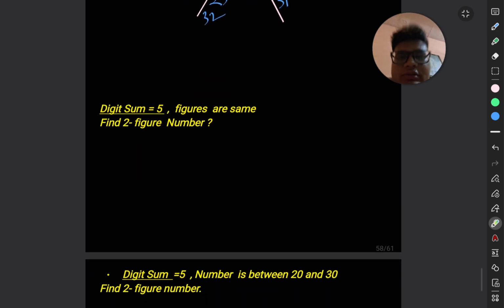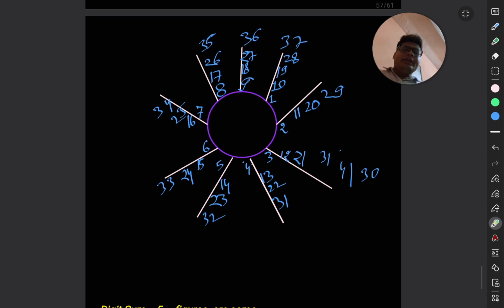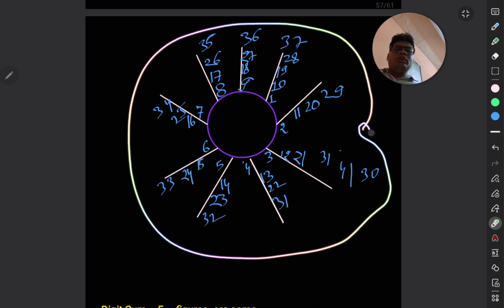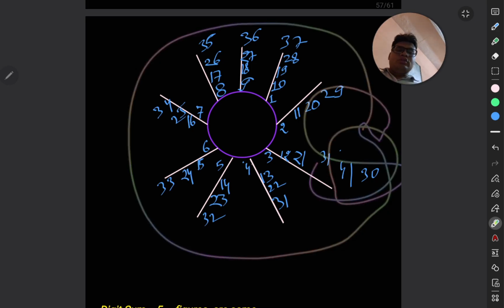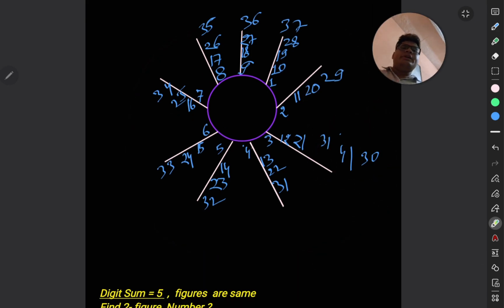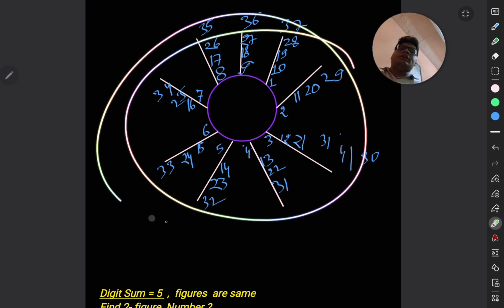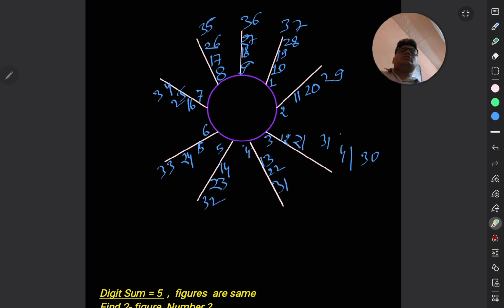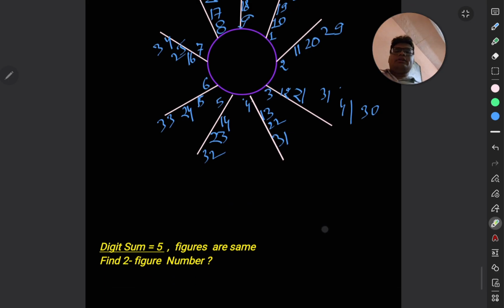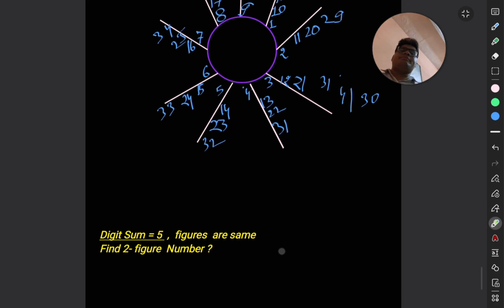So here we have to solve the question. I think you have understood the 9-point circle. Here we understood it only in the aspect of solving digit sum problems. We didn't cover the derivation. We will understand the derivation of this 9-point circle in another video, which will come soon. Now we are moving on to examples to understand the digit sum puzzle.